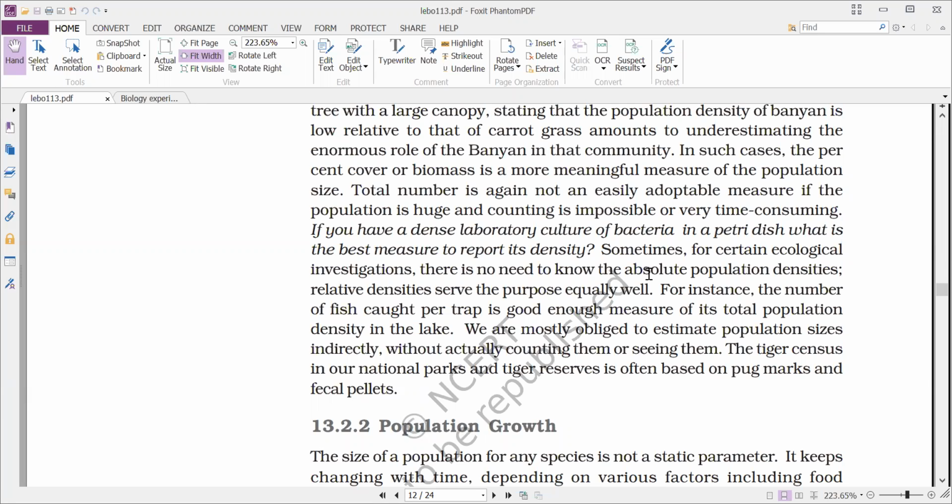So here we don't take the total number of organisms that grew in that year. We'll go with relative. Relative means when compared with the other one. We'll compare 1 year with 1 month. In 1 month, these are produced, so in 1 year, this might be possible. Like that, relative densities can also be taken into consideration to calculate the population density.